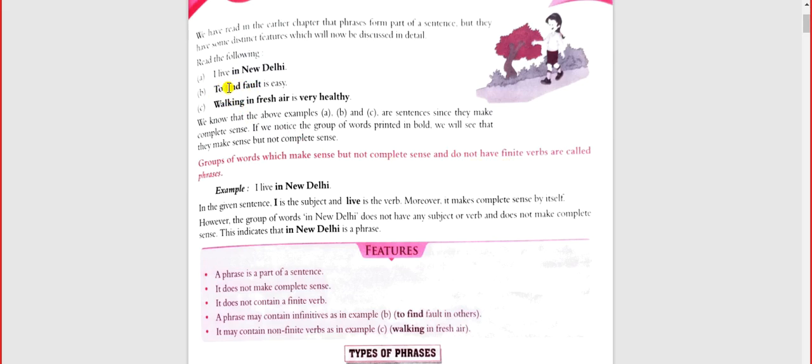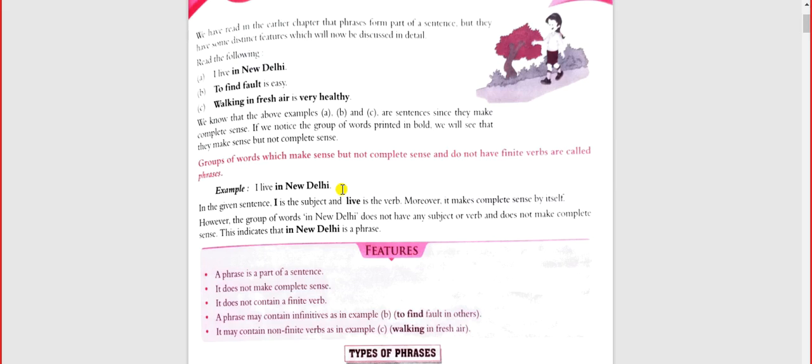So to find is first form of the verb. Rudy asked me, ma'am, how to identify when bare infinitives come in a sentence, right? What are bare infinitives? Infinitives which do not take to in their form. And what is the structure of an infinitive? इन्फिनेटिव का स्ट्रक्चर क्या होता है?